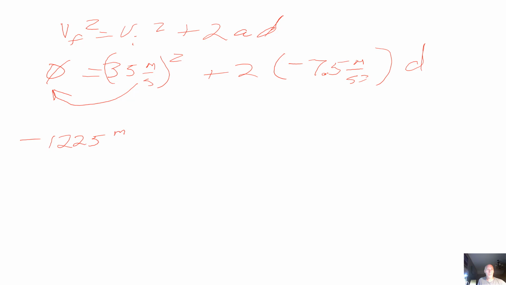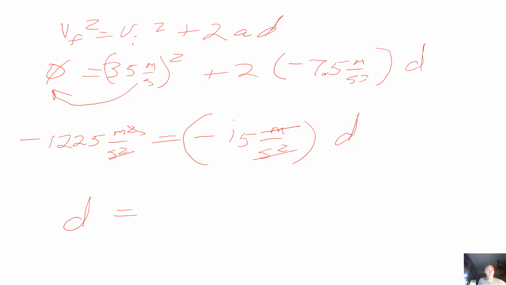And that becomes meters squared per seconds squared, because you're squaring each of those values, equals negative 15 meters per second squared times d. Okay, divide both sides by negative 15, and the seconds will cancel out, and that meter will cancel out one of those meters, and you end up with distance being in meters. So your distance will be a positive 82 meters to come to a stop, with 2 sig figs, correct units,